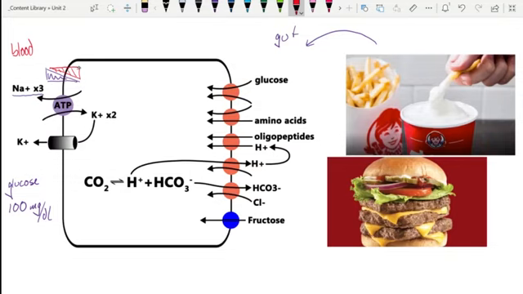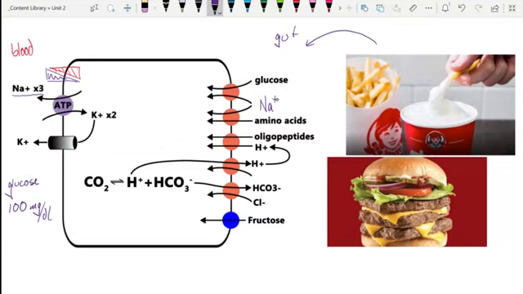Regardless, sodium really, really wants to come inside the cell. So that's why salt and sugar go so well together. That's why people like dipping their salty French fries into a Frosty, because in order to move the glucose, I need to eat salt. As salt comes into the gut, salt wants to get in the cell because the ATP